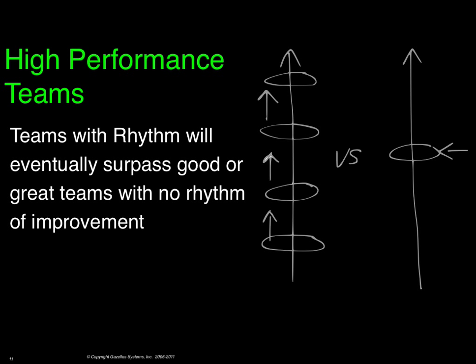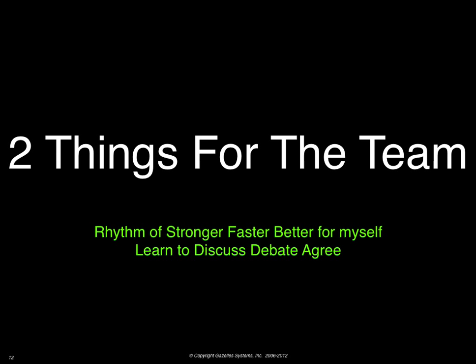And the only way to do that is they have a rhythm to improve themselves. Two things for the team today. So these are the two main points I'm going to share with you today. One is you've got to have a rhythm for getting stronger, faster, better for myself as the individual. And secondly, the team then has to learn to discuss, debate, and agree so they can work on things in